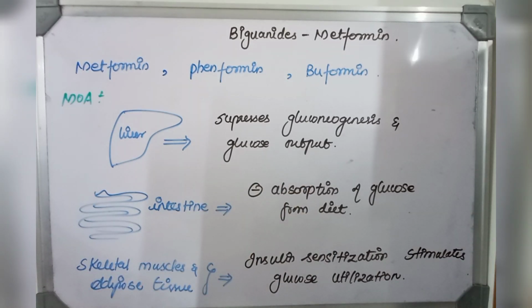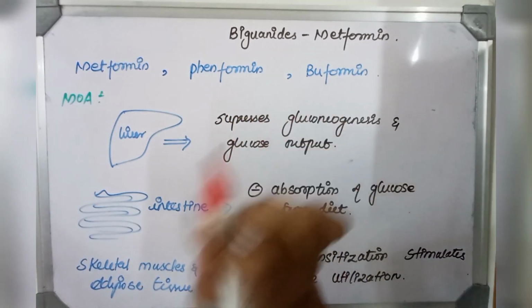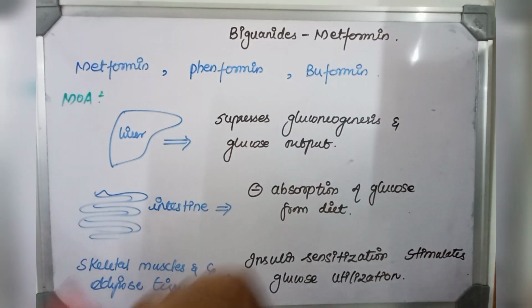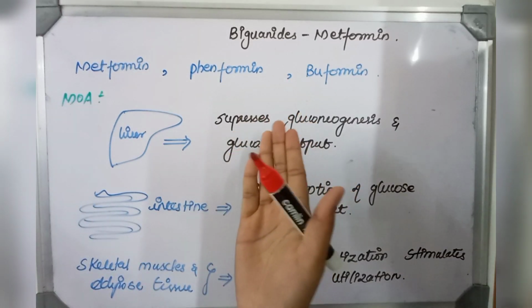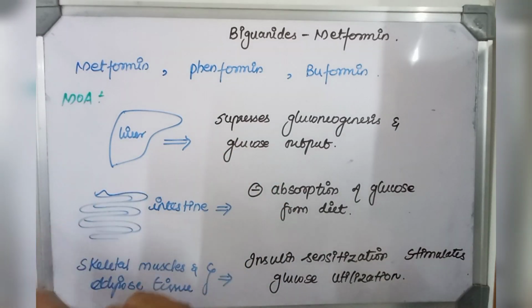Metformin is one of the most important drugs, the first-line drug suggested by every doctor for antidiabetic patients. So metformin holds an important place among diabetic drugs. There are other biguanides too, namely phenformin and buformin, but these tend to produce lactic acidosis. Due to that, these two drugs were withdrawn from the market, but metformin is still in use and is the best drug.